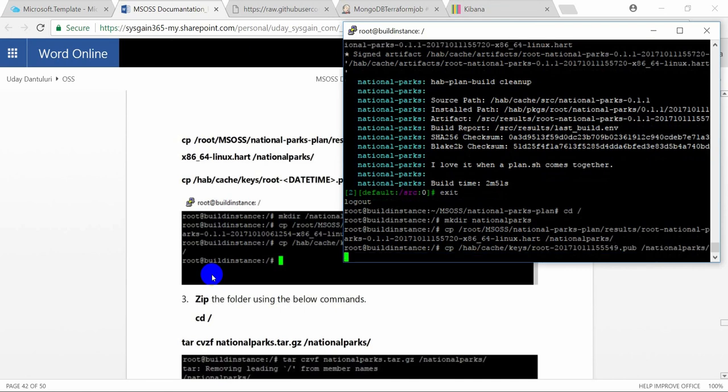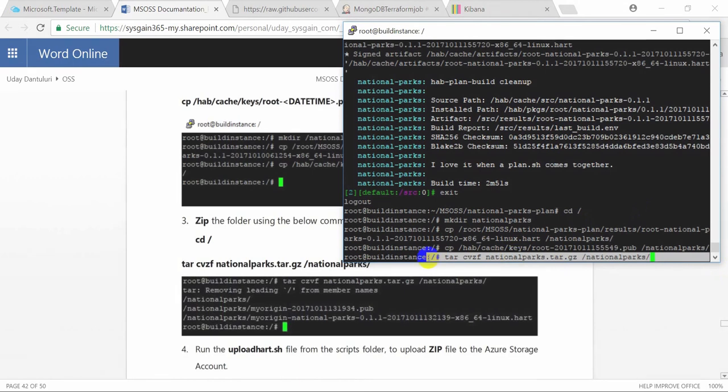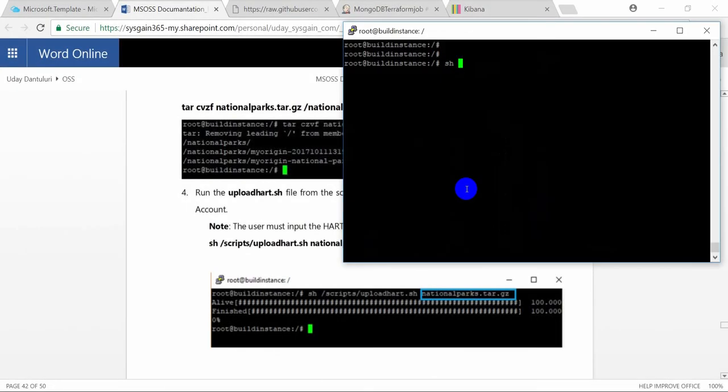Then execute cp /hab/cache/keys/root- the date and time .pub /nationalparks. Next, zip the folder using the following commands: tar cvzf nationalparks.tar.gz /nationalparks. Next, run the upload_hart.sh file to upload the zip to Azure using the following command: sh /scripts/uploadhart.sh